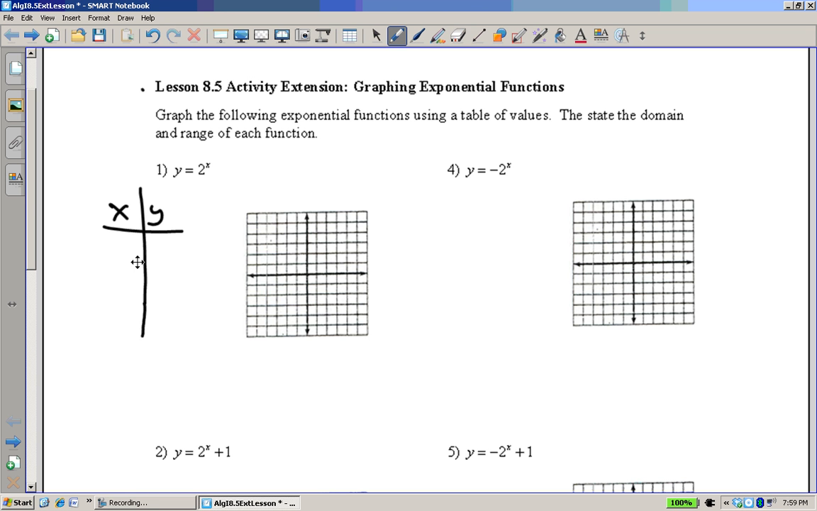Now, you can use a variety of different things for your x values. We're usually starting off with 0, -1, and 1. It's a very basic set, but we're also going to add -2 and 2 for this, just so that we can get a little better idea of what exactly is happening with this function. So we're going to plug in